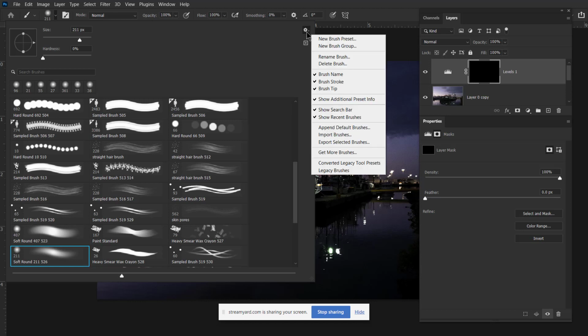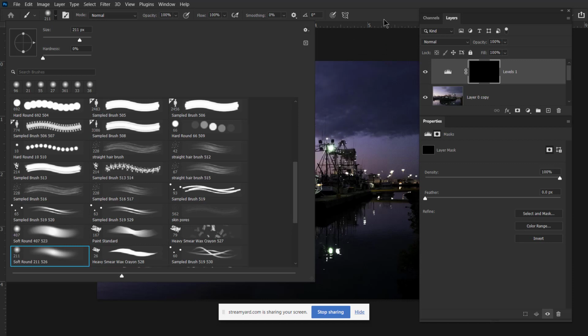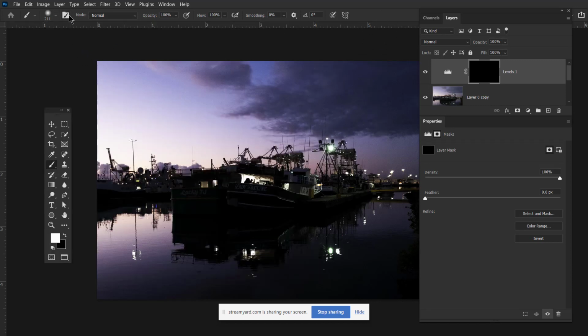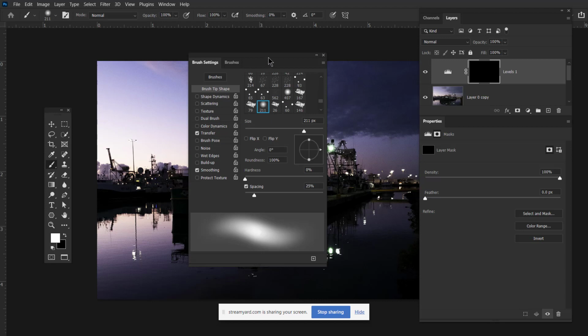If you click it down, what you can do is come right over here and you can select these options: show the brush name, show the brush stroke, and show the brush tip. We're going to do that together in just a little bit, but I just want to go over this homework assignment real fast. So once that's done, I'm going to go to the fourth icon to get the brush panel,